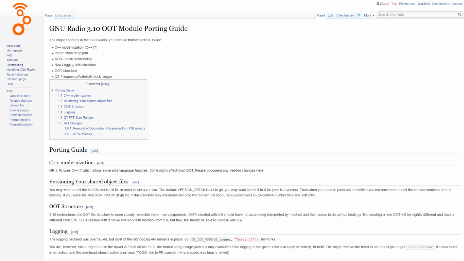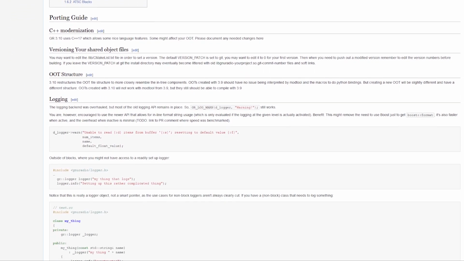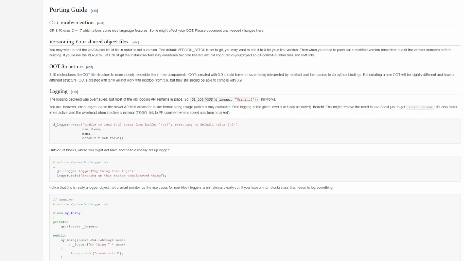Most of the changes are around modernization and some quality of life development improvements, which should make things easier to maintain in the future. But efforts have been made not to make those hard-breaking changes. So if you're creating new code, it should be easier. If you have older code to maintain, this shouldn't have a high impact. The porting guide points out a few things which have shifted around. The logging system is one of the big areas where there can be improvements in your code base if you are maintaining things.